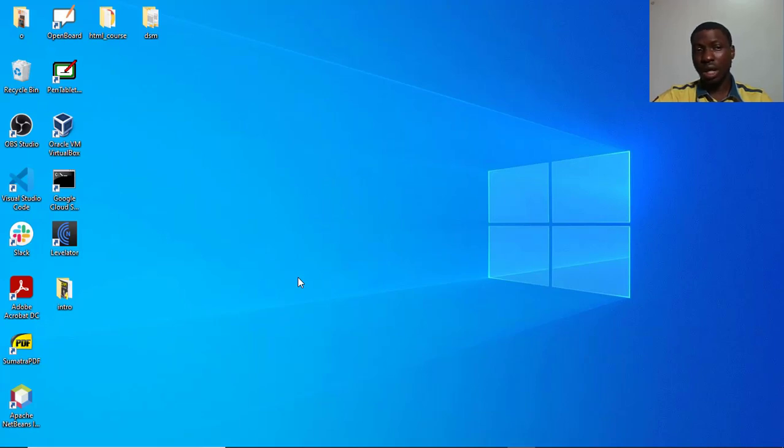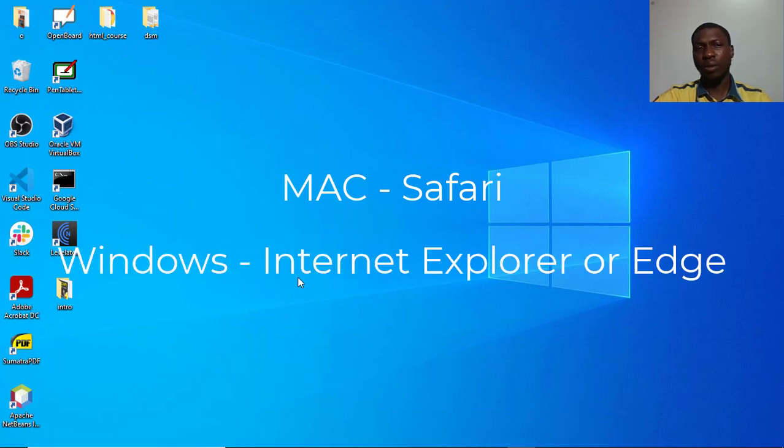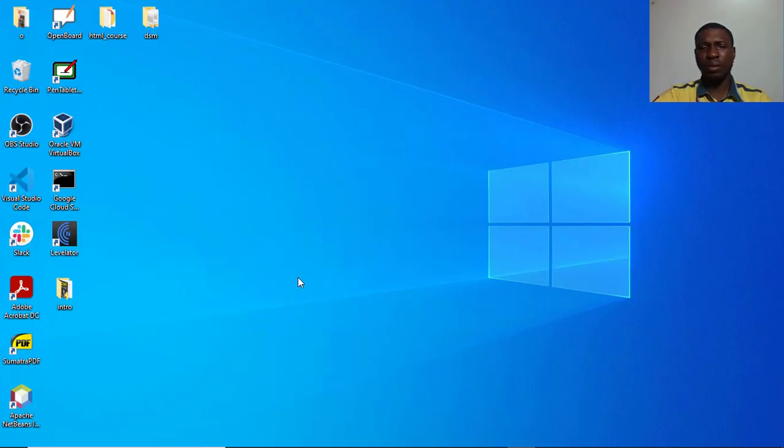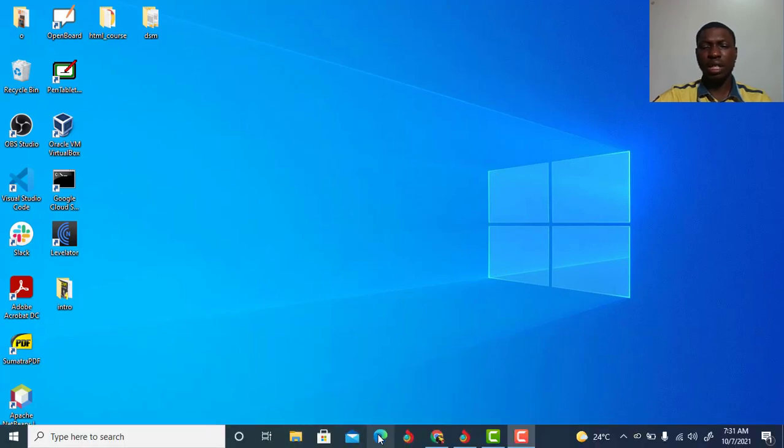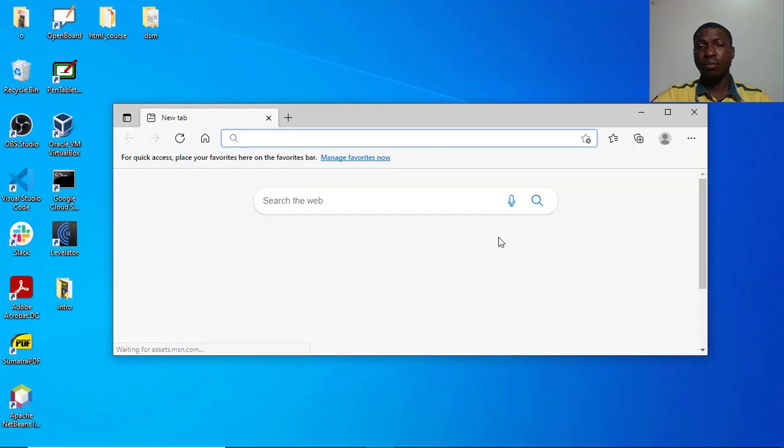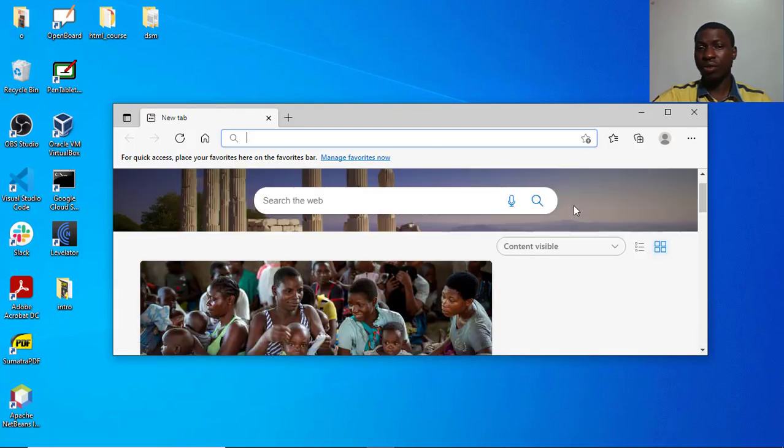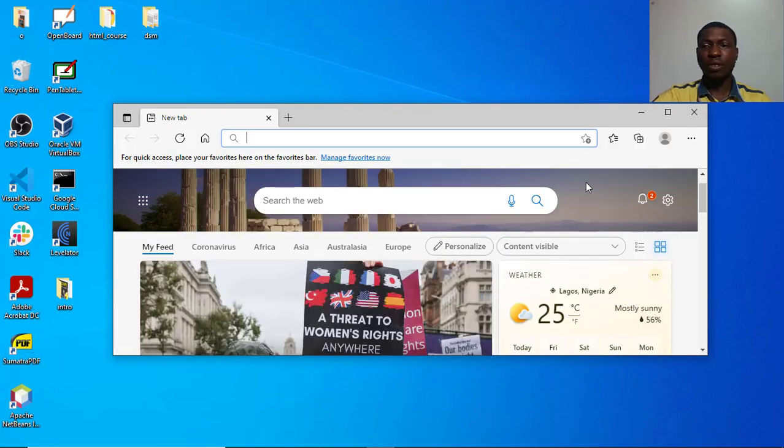To download a browser, most computers, if you are on a Mac, would come with the Safari browser, and if you are on Windows, you'd have Internet Explorer, or on modern versions of Windows, you would have Microsoft Edge.